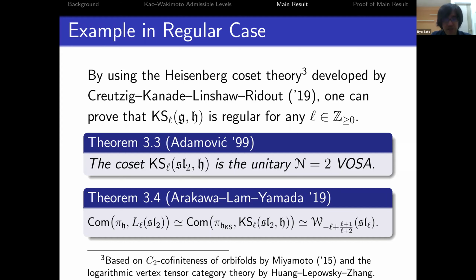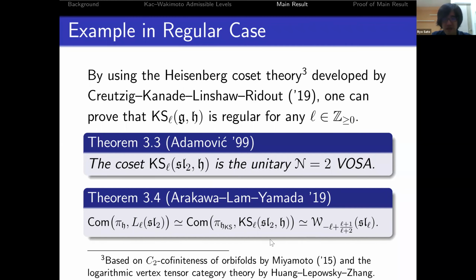But the corresponding Heisenberg cosets are a little bit non-trivial, and this isomorphism is proved by Arakawa, Lam, and Yamada, and the more general case is proved by Arakawa, Creutzig, and Linshaw, known under the name of level-rank duality. Okay, so the resulting Heisenberg coset is the principal W-algebra of type A. So the corresponding Heisenberg cosets are a little bit non-trivial, and these two vertex algebras, the affine vertex algebra and the